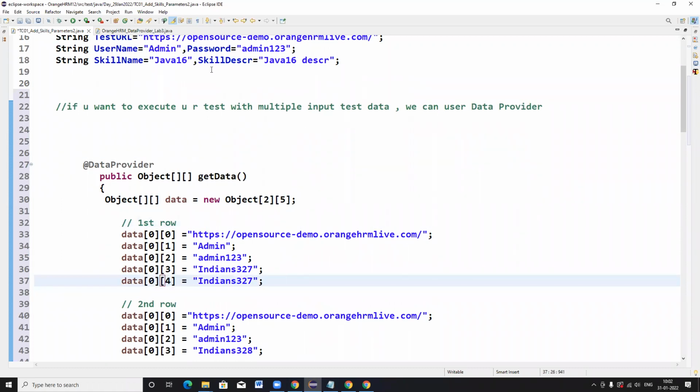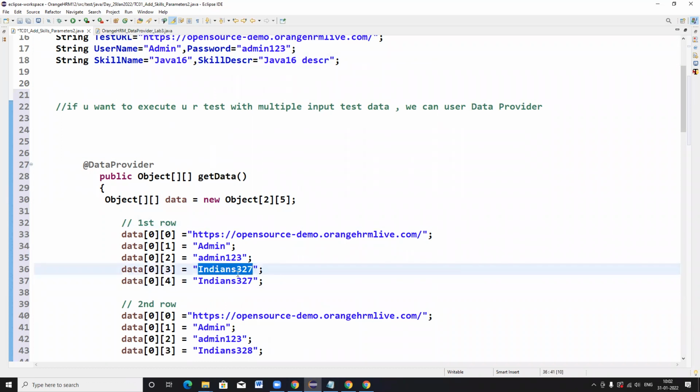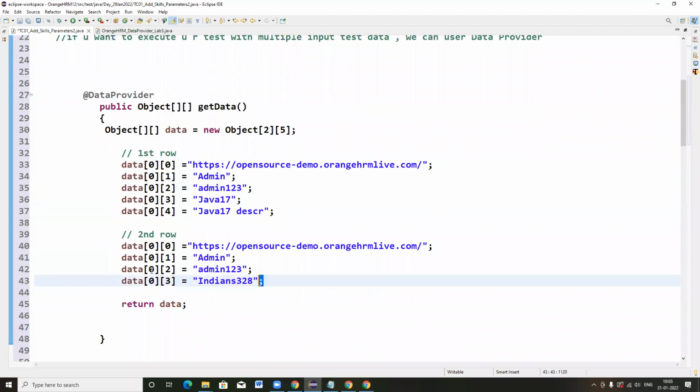So my skill name is Java 16, right? So I'm going to create Java 17, and I'm going to use Java 17 description. So this is the first row information, and the second row information is this one.